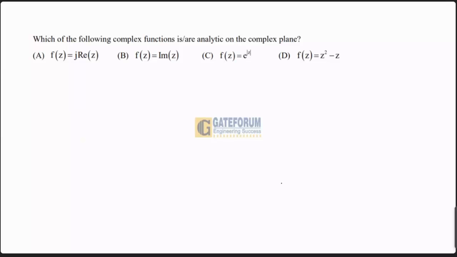The question is, which of the following complex functions is analytic on the complex plane? 4 options A, B, C, D are given. This is from engineering mathematics, from the topic complex variables, subtopic analytic functions, which is a 1 mark question. The solution is